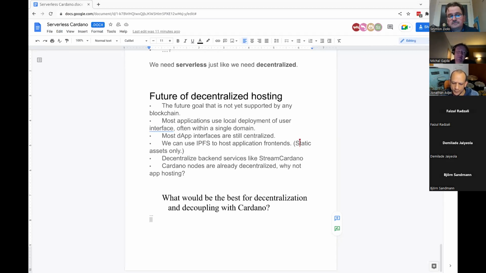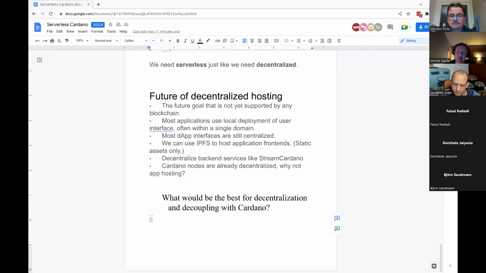So we thought about keeping one connection open with minimal updates of data, minimal cost, so that each user interface can just connect to StreamCardano, to Cardano wallet, and then the whole application is basically hosted on